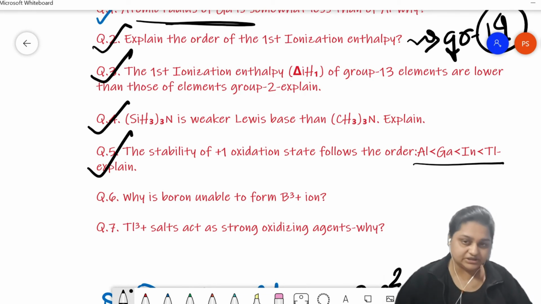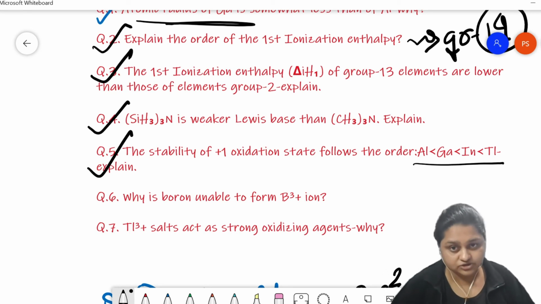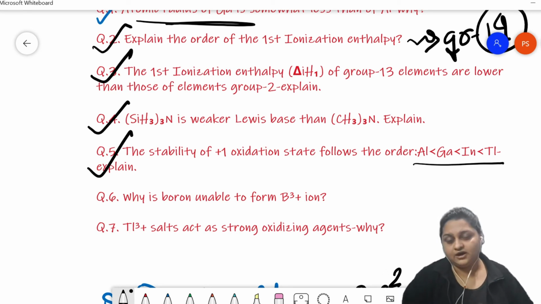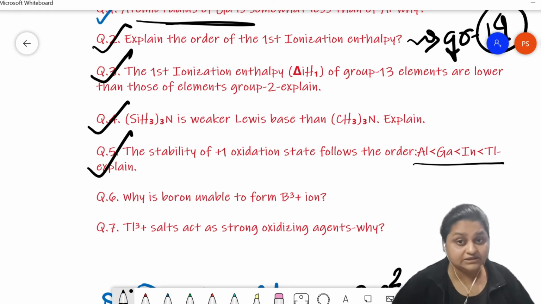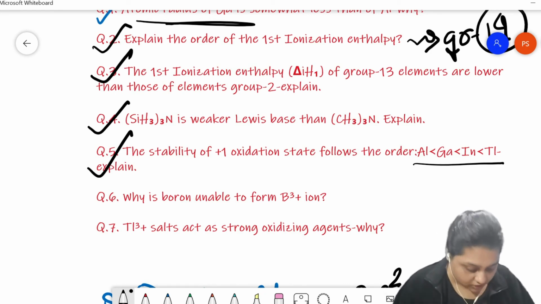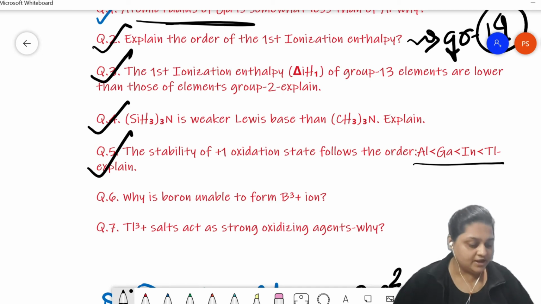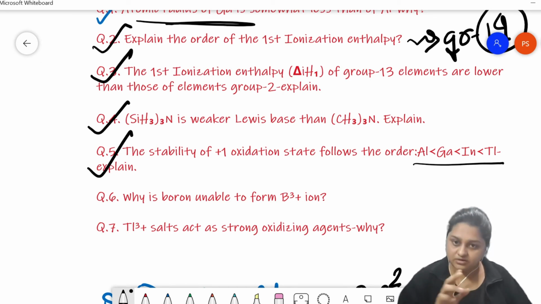Now the 3d and 4f electrons are very poor shielders. They cannot effectively shield the nuclear charge over the valence shell electrons. As a result, an excess amount of nuclear charge is experienced by the valence shell, specifically the electrons residing in the ns orbital. Now, what happens is that down the group, due to the lanthanide contraction that occurs in the d-block and f-block elements,